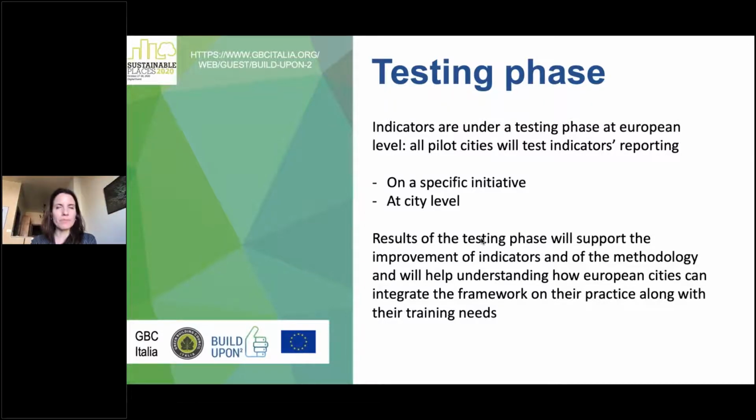The idea of the project is that these pilot cities try to integrate the framework into their CECAP reporting system, in order to have a clear specification under the CECAP of the renovation activity at the city level. And then we will try to propose the same framework at the national scale and at the European one, in order to have a reference across the cities of the same indicators, to see how the renovation activity grows in Europe.